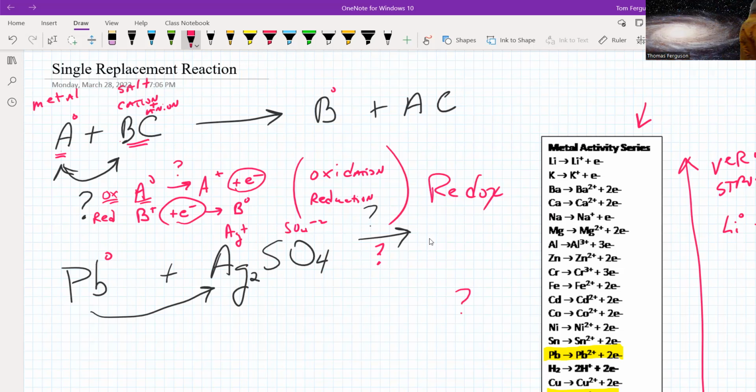That common ion chart, remember, with the cations on one side and the anions on the other. Okay, so let's throw in some lead and some silver sulfate. Is anything going to happen? That's where your activity series comes into play. So if the metal